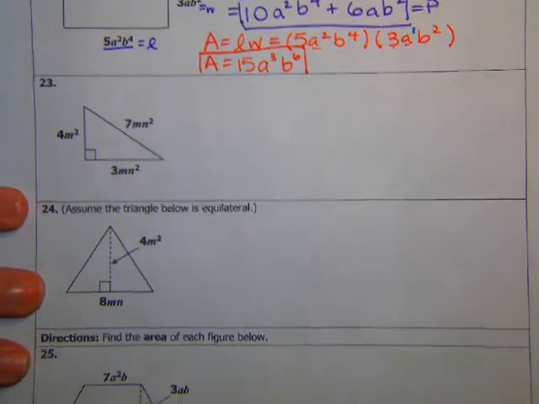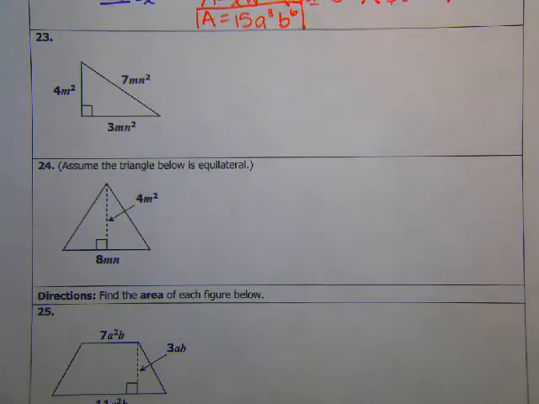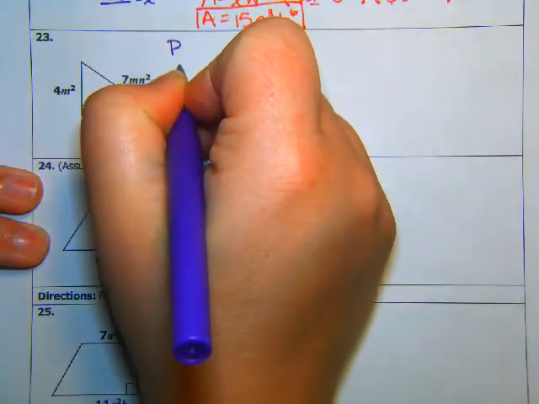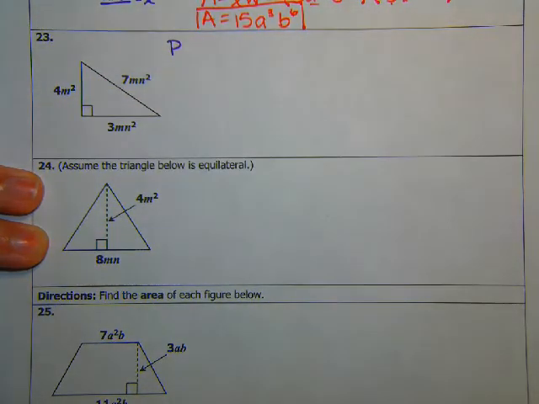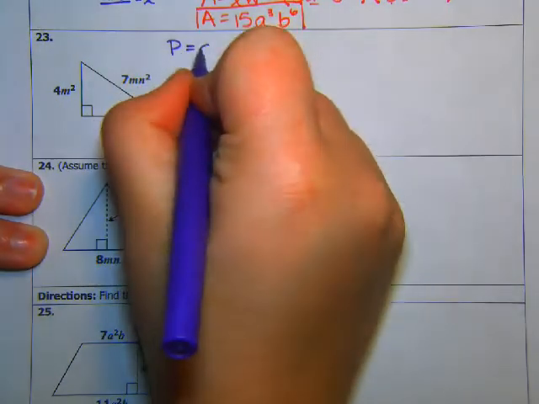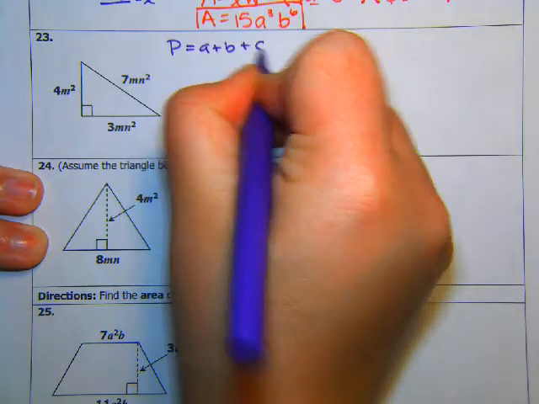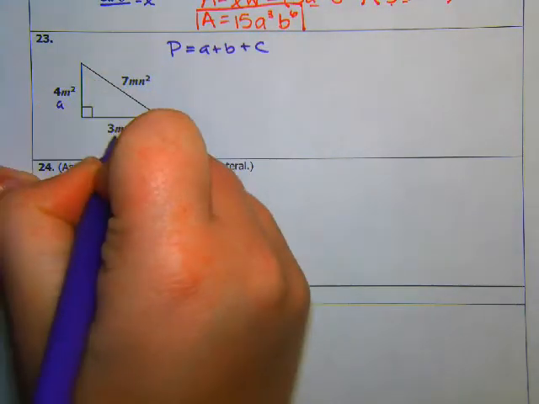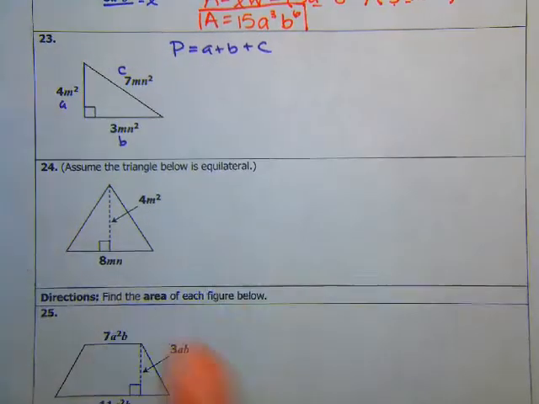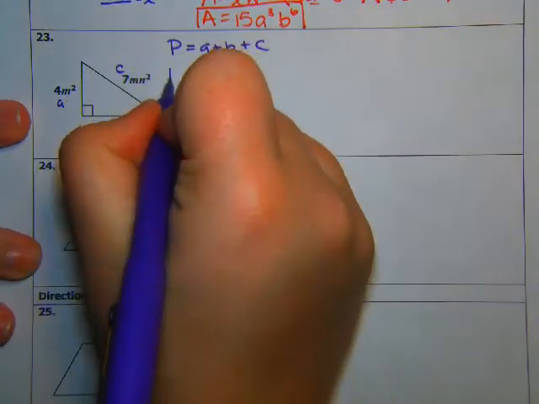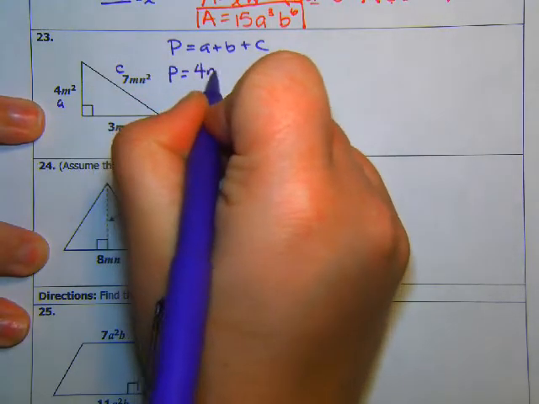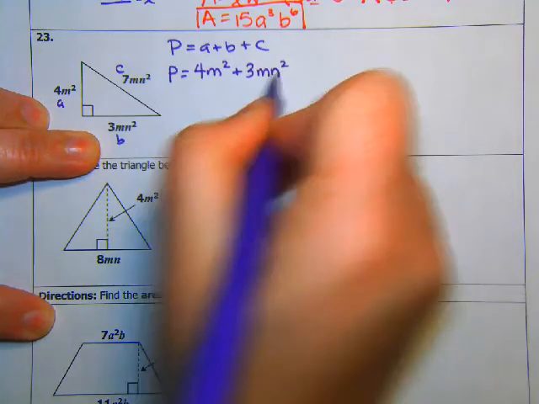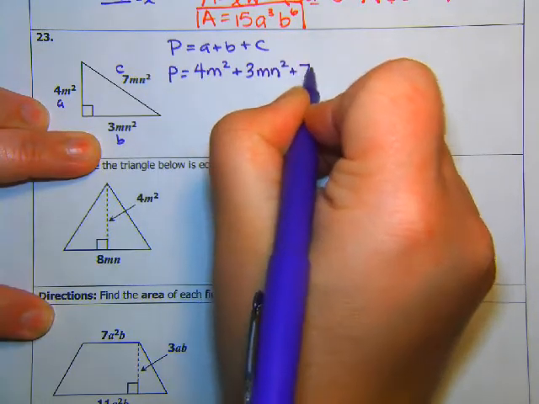Now here I have a right triangle. So a right triangle, again, the perimeter you will often find for triangles, we call the sides A, B, and C. Just a thing we do. So I'm just going to call this A, this B, and this C. It doesn't really matter, but you add them all together. So the perimeter is equal to A is 4m squared plus B is 3mn squared, and then C is 7n